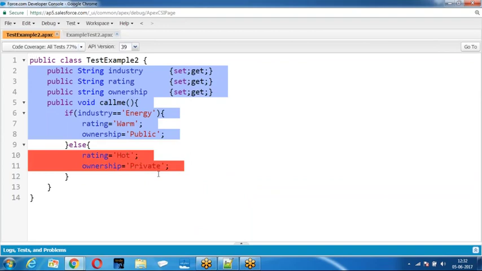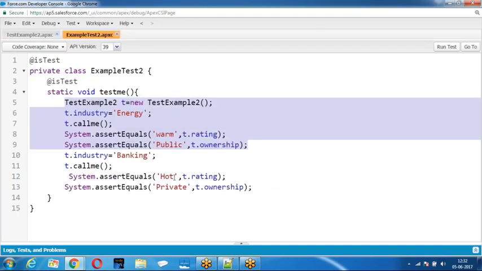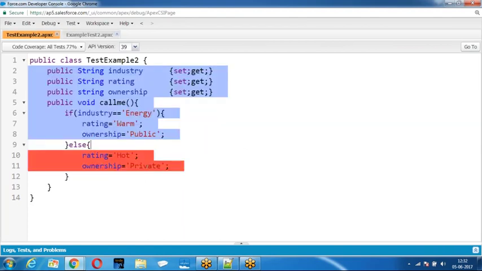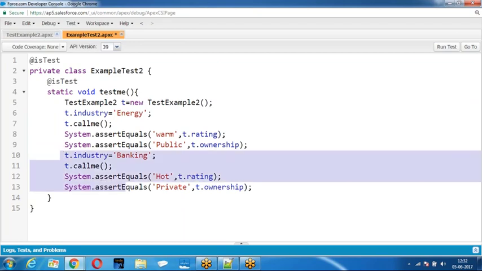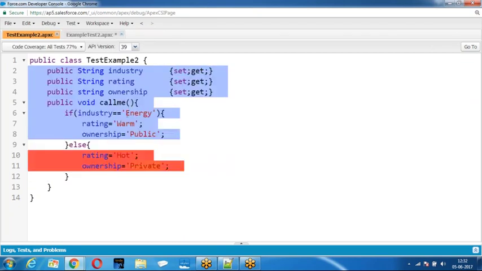Was the rating equal to hot? I give industry equal to banking. What is the condition I give? Industry equal to energy.